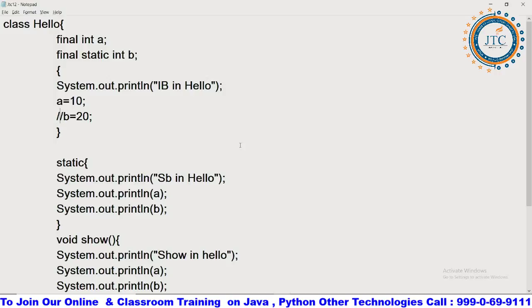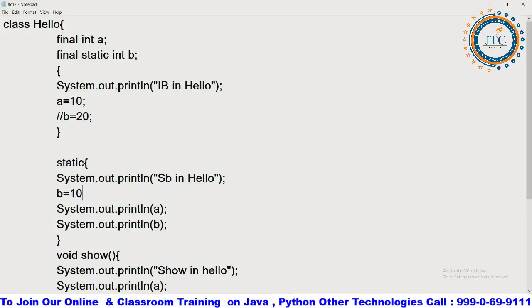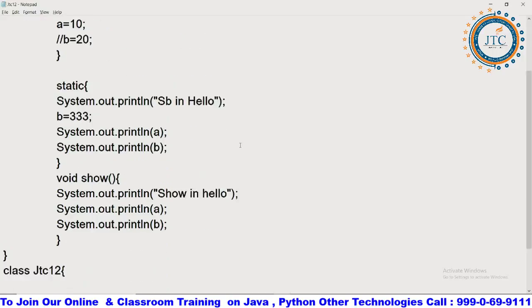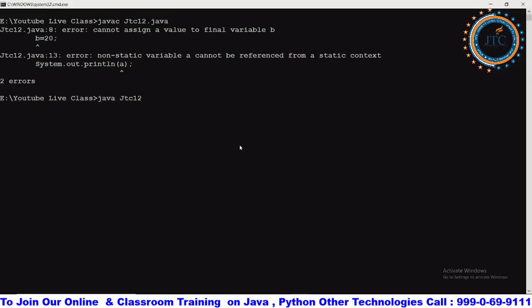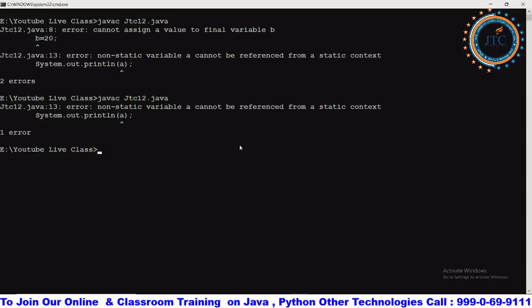At this time I am commenting it, and the B which is a static variable I am writing inside the B here. Let's say something I have written inside this, and when I have done it, I am compiling this code again.